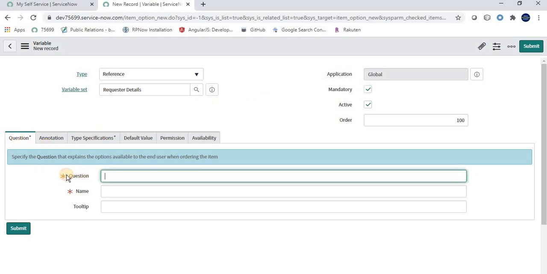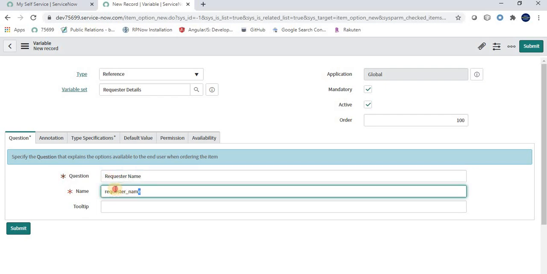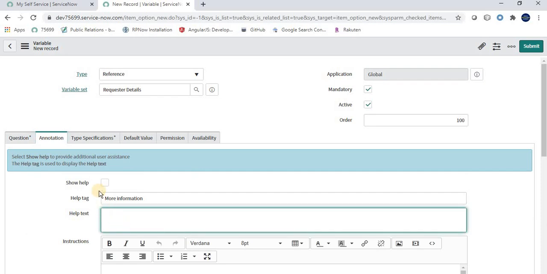Now we have question. Question is basically the label part, the label that will be displayed in the form, at what name. So I am saying requester name, and the name is basically used for coding, that is requester underscore name. If you want to give a tooltip, you can give it, like what you want to show when the user hovers the mouse on this requester name label, or you can give some help text.